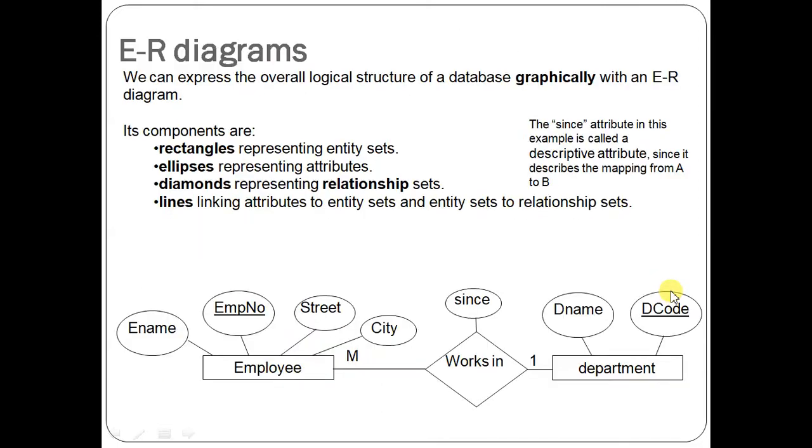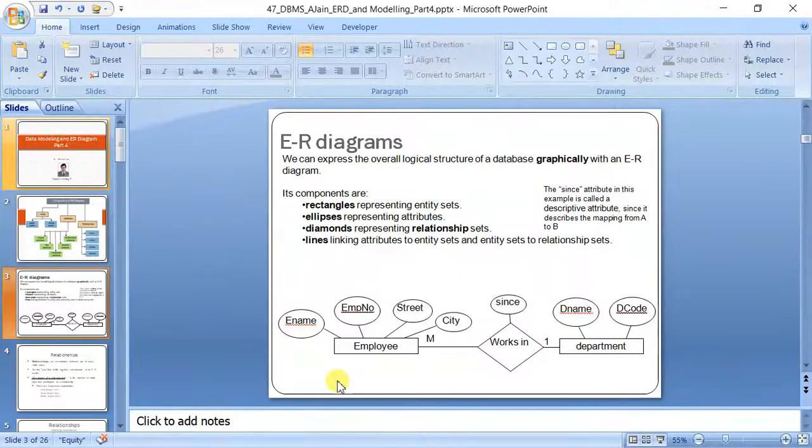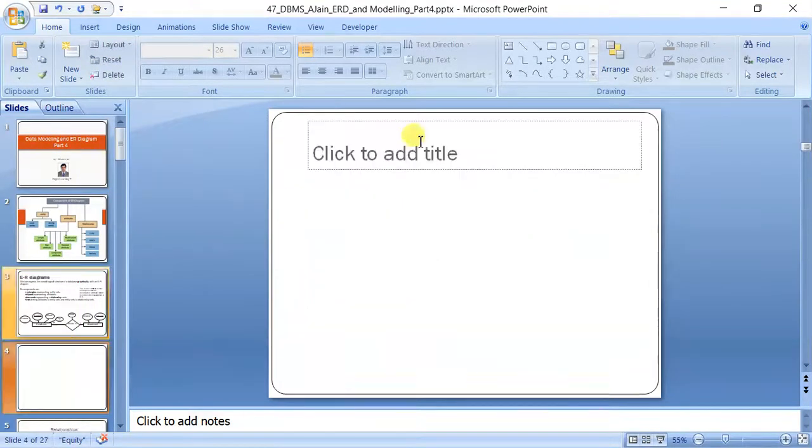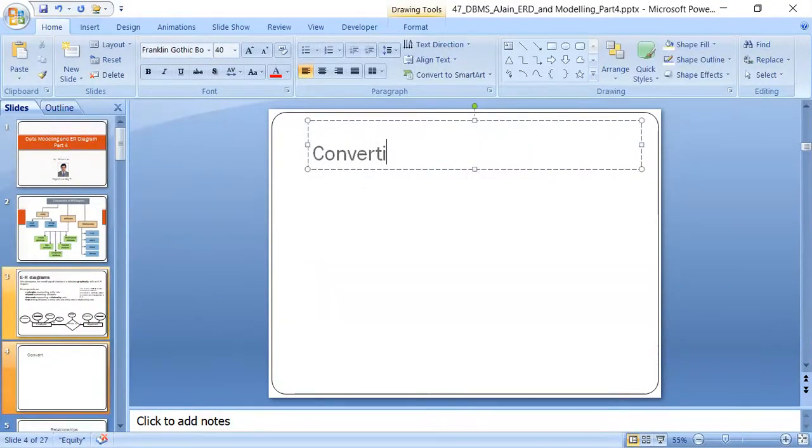Now come back to our example. Employee works in department. Here it is one to many. How have we come to know? Because after requirement analysis, we have come to know that there are many departments, and in those departments there are many employees. So that is why we have created this ER diagram. Now, how will this ER diagram be converted into tables? This is a critical issue, and this is what is important to understand. So what we are doing is converting the ERD into tables.